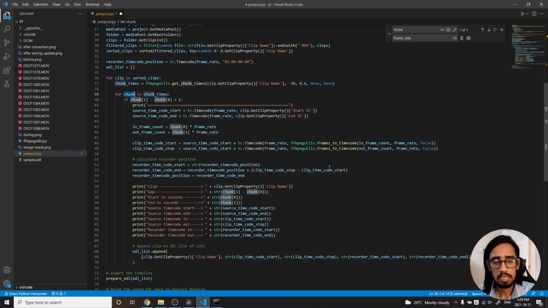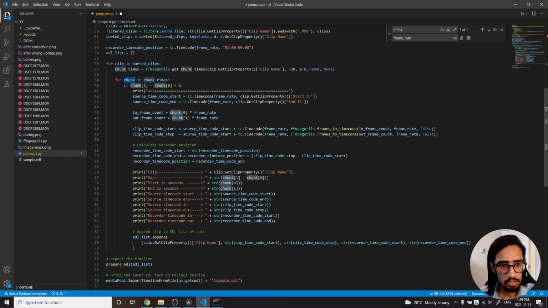This is also one of the considerations that you'll have to see, because I assume that the clips you are working with have a time code burnt in. If you don't have a time code burnt in inside your video, you can burn it in yourself using FFmpeg, or there are numerous tools which can embed a time code within a video. But for my intents and purposes, all my videos have a time code burnt in. So this is how it works for me.